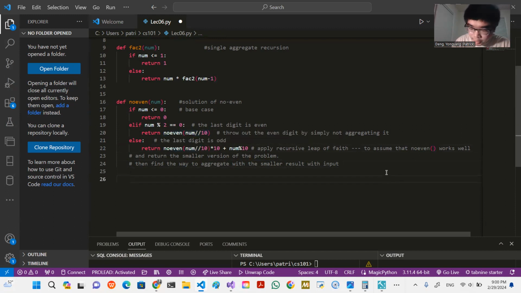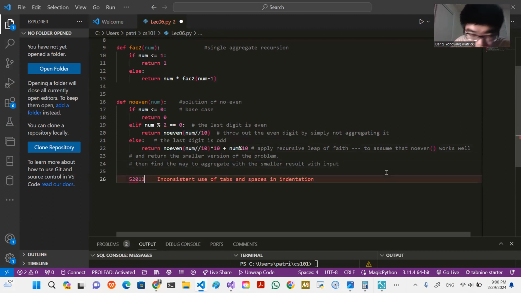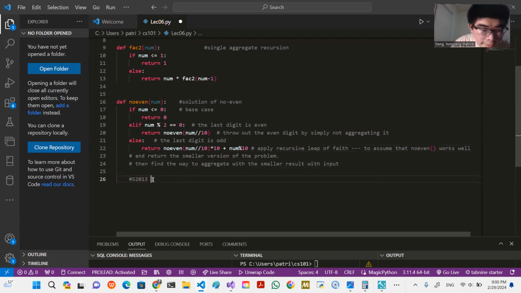For example, I'm doing 5131. I already found out 1 is an odd number, and I already assumed that the output is the correct answer. When I do the recursive call, no even,